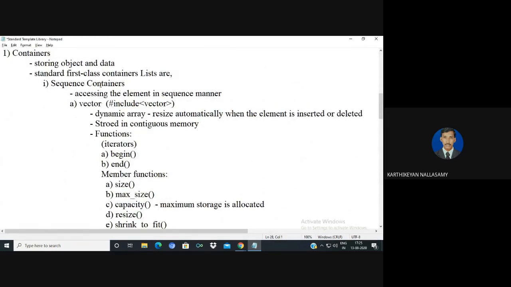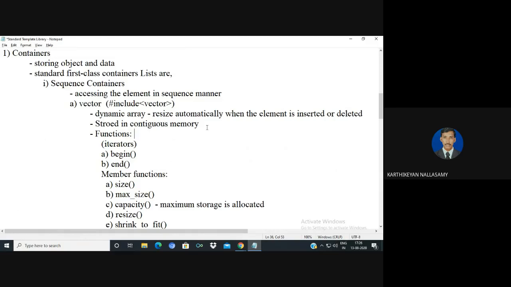Okay, the first one is the sequence container. It means the values will be stored in a sequence, either in a contiguous way or in a non-contiguous way by connecting with pointers. First we are going to look at the contiguous sequence container, in which the elements are stored in a continuous manner, on contiguous memory, like an array. The first one is called a vector. Vector is one of the sequence containers, used to store elements like an array, but the size of the array is dynamic.